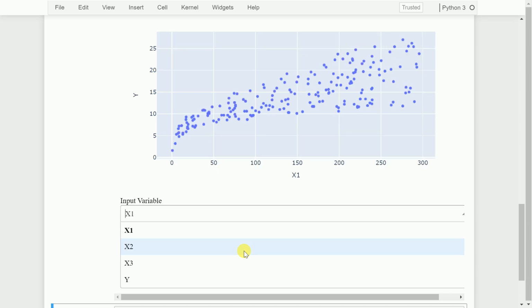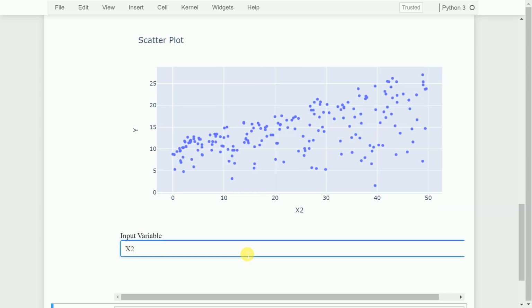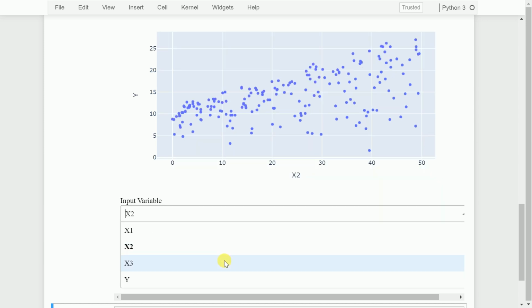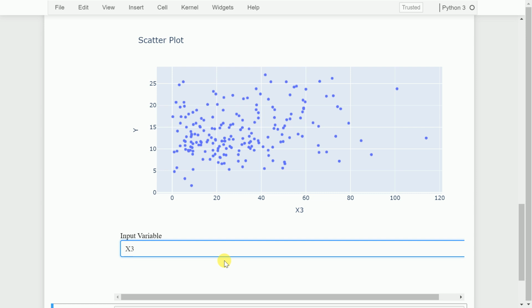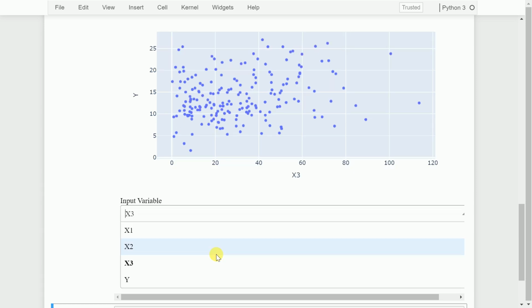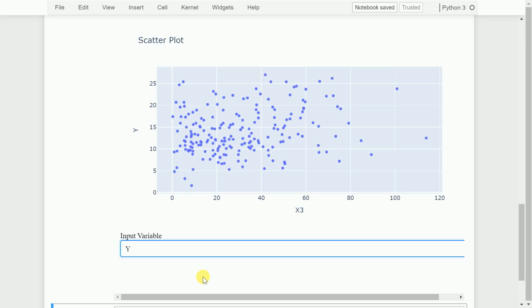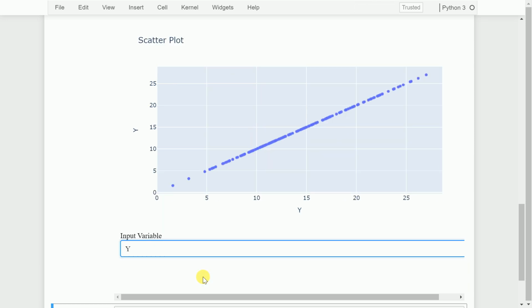Now let me change it to x2 and the graph dynamically changes. If I go to x3, the graph dynamically changes again. If I say how is y related to y, I'll get a straight line at a 45 degree angle. So that's how you can uniquely find out relationships between variables going forward using Plotly.